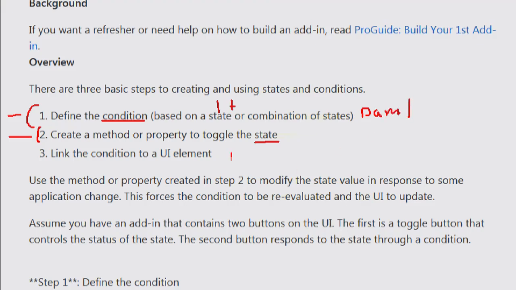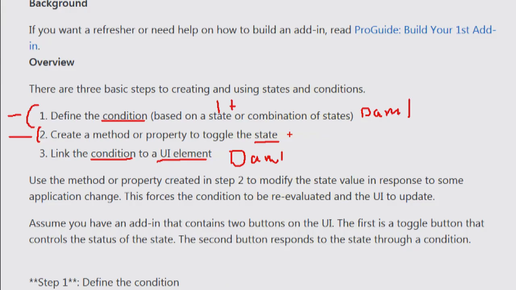The second part down, or the third part, is in the DAML, because you'll make a UI element like a button or a tab, and then on those buttons and tabs, there are conditions. There's a condition attribute. So you could set the condition equal to a condition that you create. Your condition will check on one or more states. It might be that you write the code for the state, or